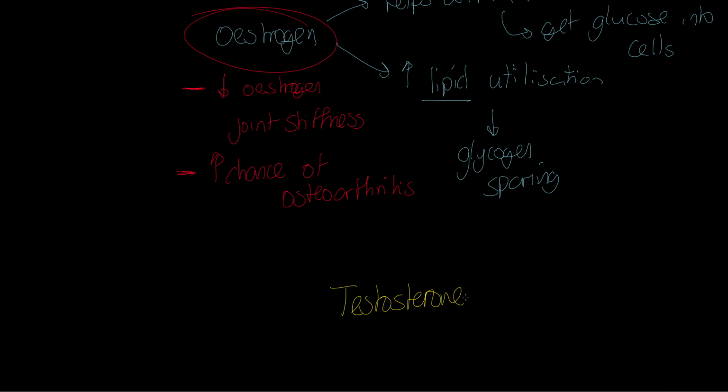But we're going to look at testosterone. Testosterone is produced 10 times as much in males than in females, and that is because the majority of it is produced in the testes, which of course only males have. So therefore, testosterone is far more common, far higher levels in males than females. What does it do? It has a role in bone formation. So it's really important from a bone formation perspective, coming back to sort of preventing osteoarthritis as well.